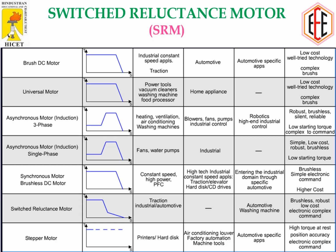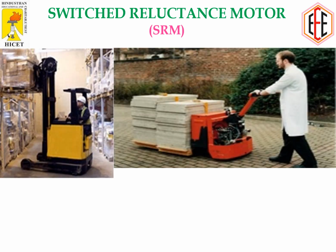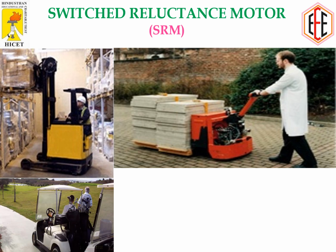And this is another waveform, and the choosing of the brushed DC motor, universal motor, asynchronous motor, synchronous motor, switched reluctance motor. So why are we choosing this motor for traction purposes, and why are we using it in automotive and washing machines? So n number of comparisons are mentioned here, and these are some photographs of the SRM. The weight handling unit in paper mills or in racks, somewhat it is used in